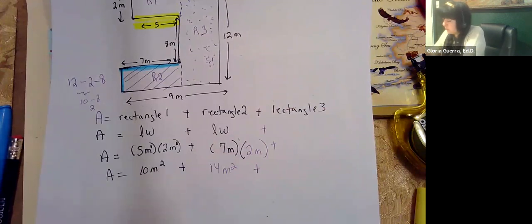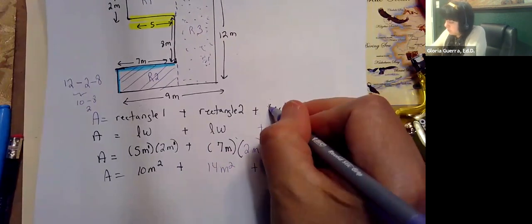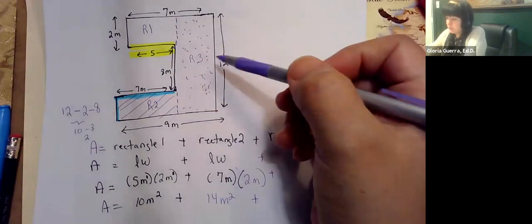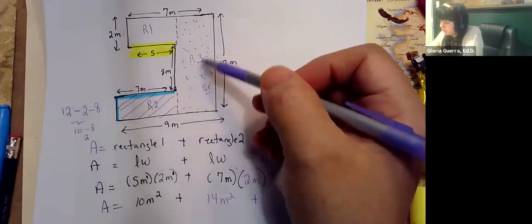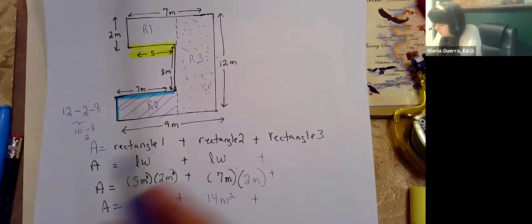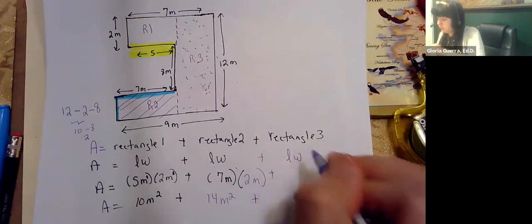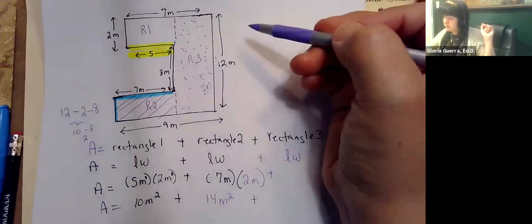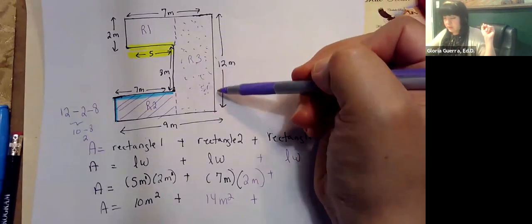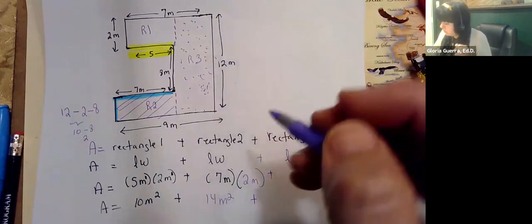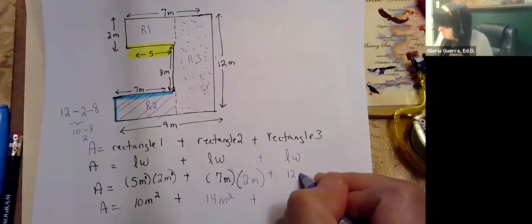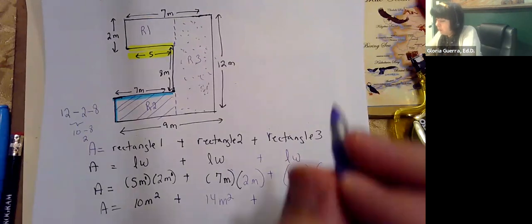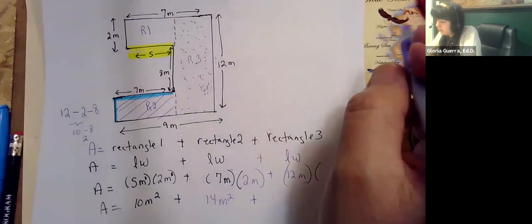And then the last segment is rectangle 3. That's this big rectangle here. We're looking for length times width. Let's see if we've got anything. It looks like we can use this for the length of the third rectangle. And then for the width,